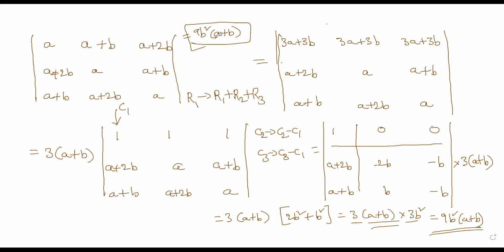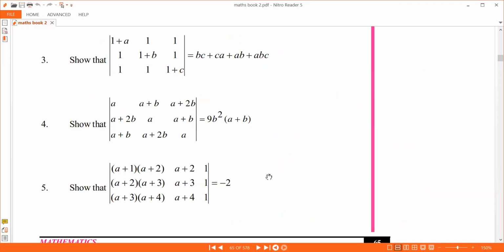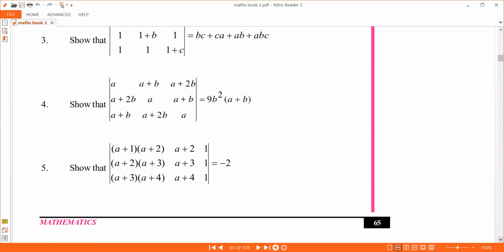So this is how to evaluate the determinants. So you have some idea right now. So tomorrow we will solve a few more questions. So we'll see what are the next, and then we can complete the exercise. This one is a little bit tougher. So this one we'll see later, ma.